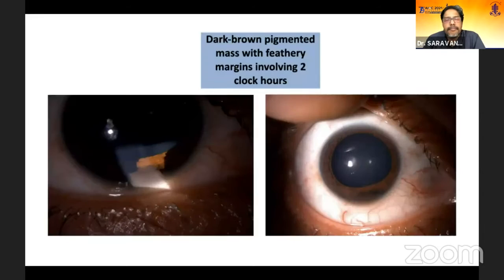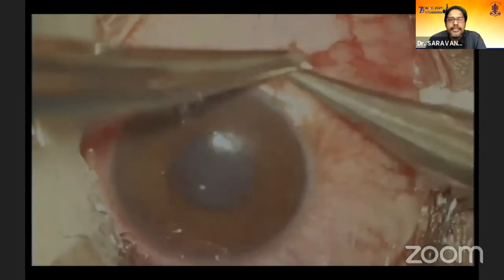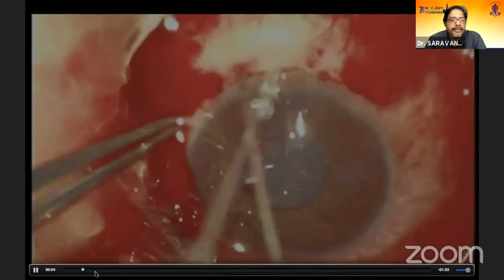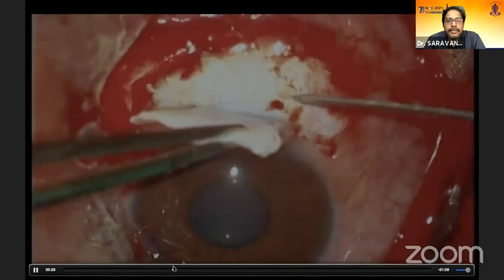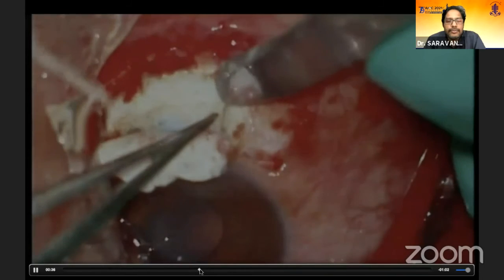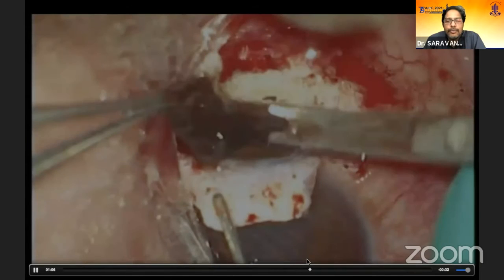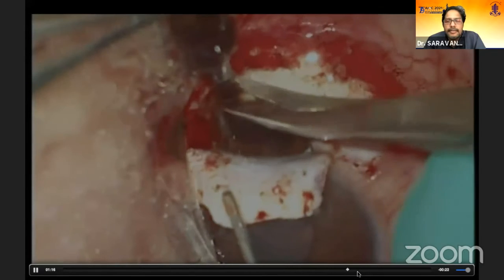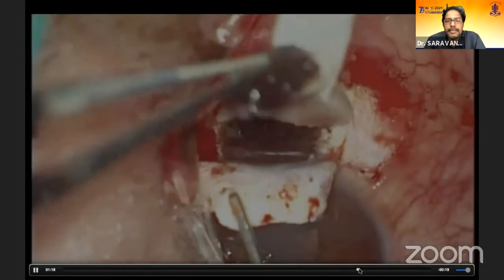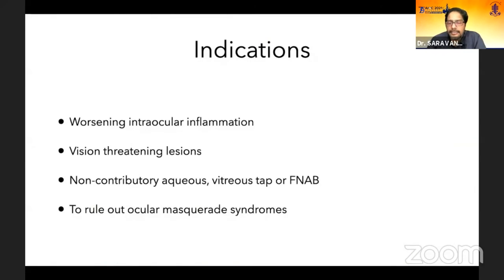There's a case of a male patient who had a small iris and ciliary body melanoma with normal vision, and more or less the same technique which Mahesh already depicted. Here, instead of cutting the iris internally, I thought I'd do it from the outside, doing a sectoral iridectomy. This is how I did it, removing the lesion along with part of the sclera, and doing a broad-based sectoral iridectomy. Luckily, the patient retained 6/6 vision in this eye, and it was proven to be a melanomatous growth.